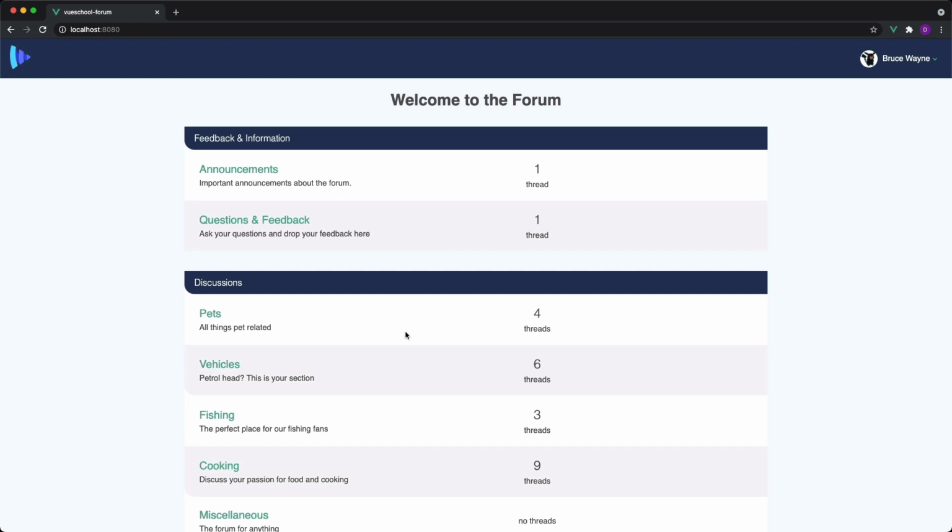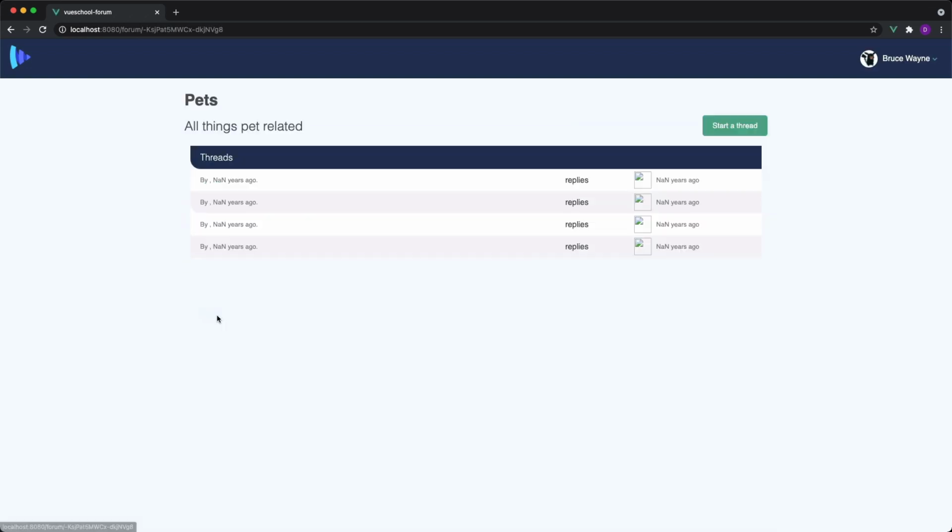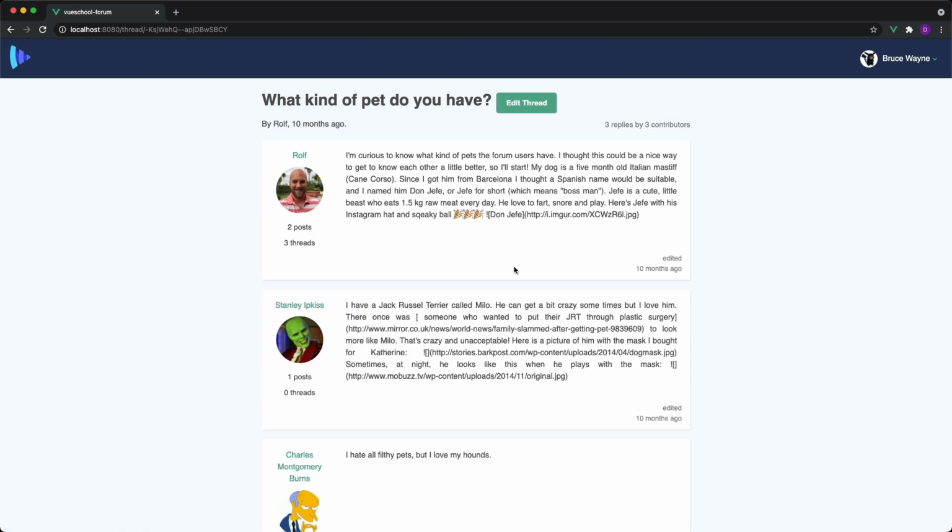When we navigate around the forum, now that we fetch all our data asynchronously, we see that the data appears in random order, causing the forum to look weird. I'm thinking that it would be nice to have everything in place before we display the contents of the page to the user. In the meantime, while we are waiting for the data, we should display a loading indicator or